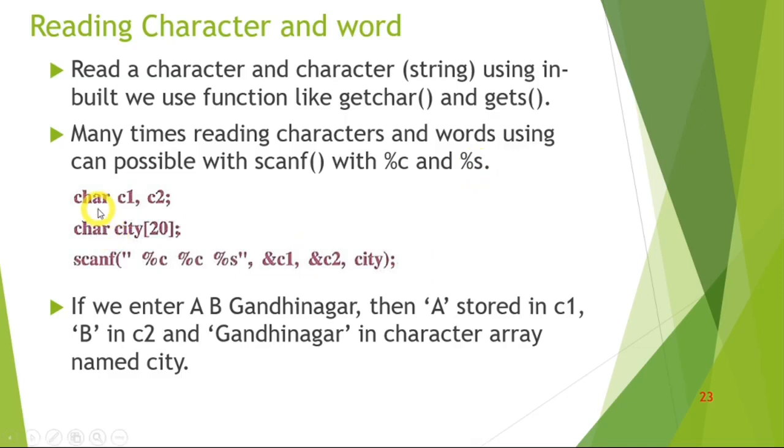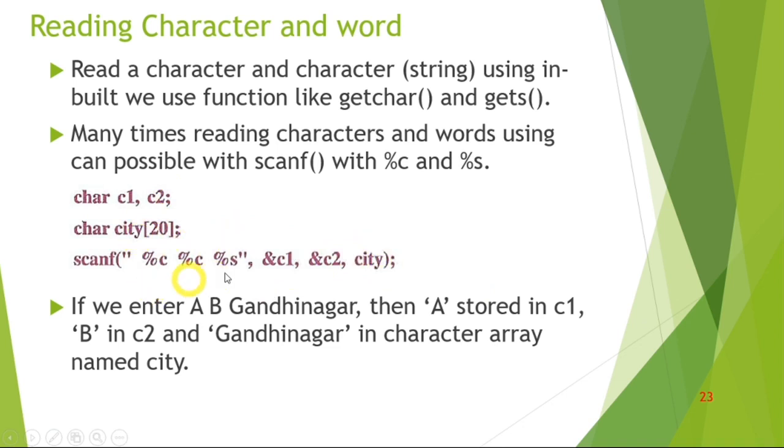Here is an example of that: characters c1 and c2 are declared, and here a character array city, given as the second example, of size 20. So your city name is within 20 characters, because it is given as an array. You know that in square brackets you give the array size. Now scanf with %c and %s. Those three declared variables will be used. So scanf is given with the percent sign: %c for c1, then %c for c2, and city.